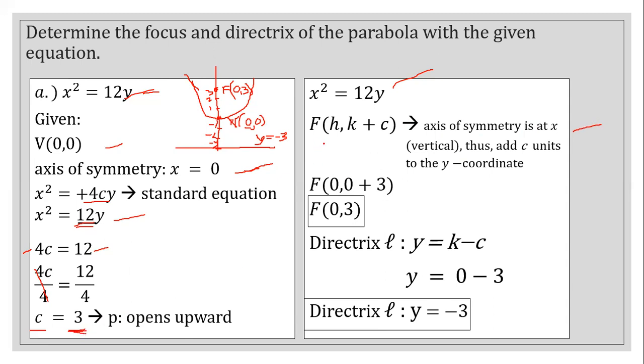So our focus is equal to (h, k) plus c. Our h and k is the vertex, so our vertex is at (0, 0). Since the axis of symmetry of our parabola is vertical,